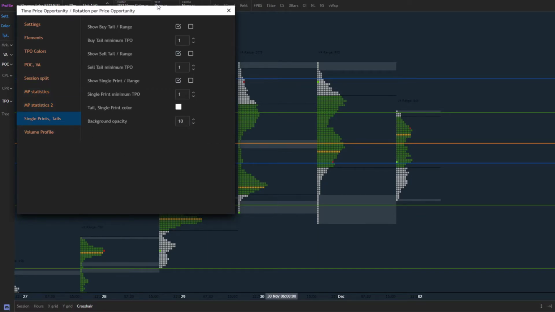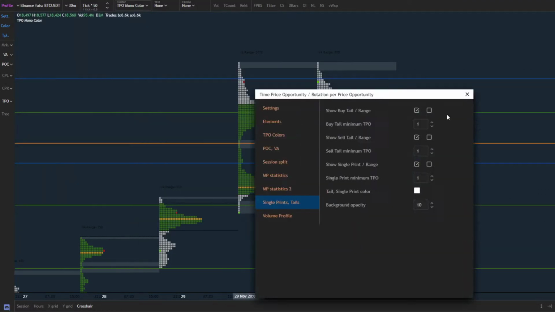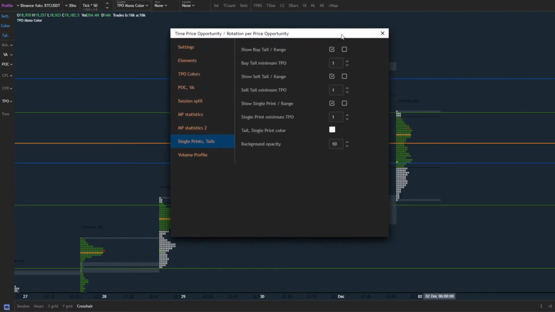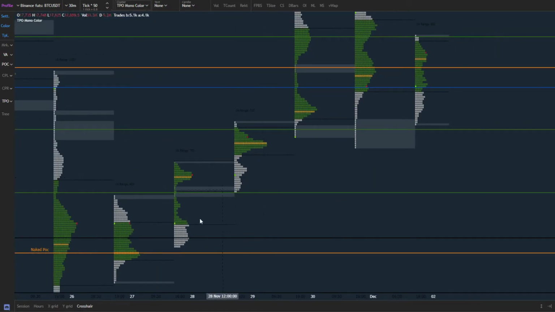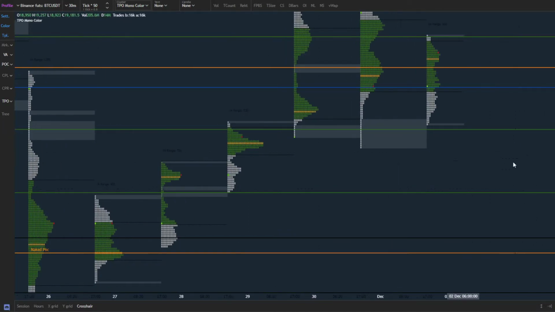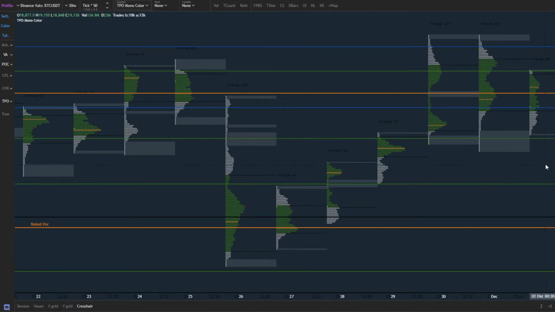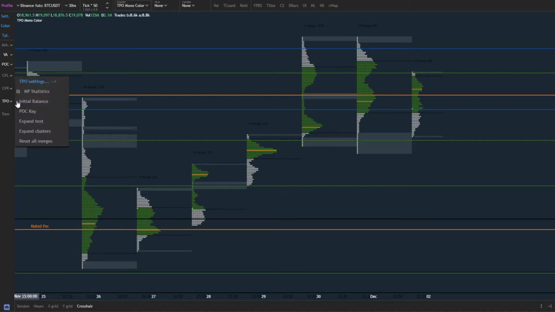Here is the singles and tails. So that's what these boxes are. So it is going to mark out all these singles and tails for me. Yeah, I have them all turned on. So that's really great. So anytime you have either a tail or single prints, it's just going to make these boxes for you. I really, really like having this. Just makes it that much easier for me to scan effectively and take a look at what's going on. I think that does it for the